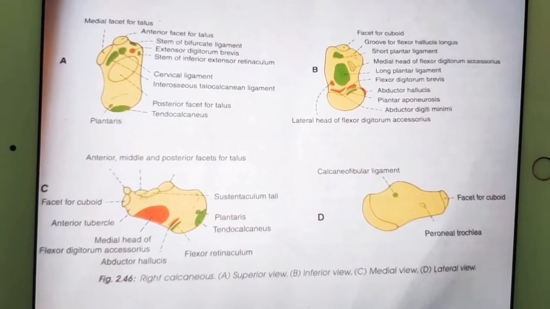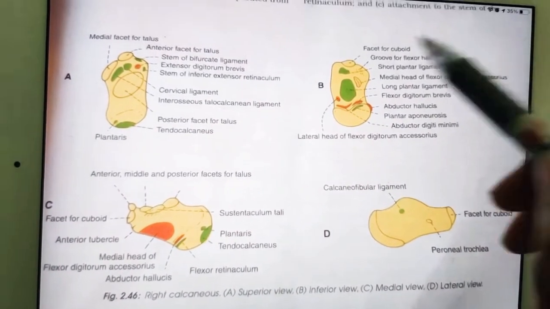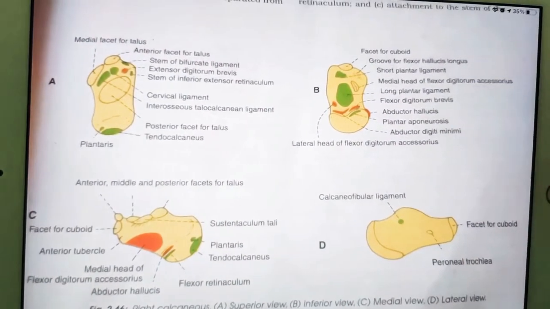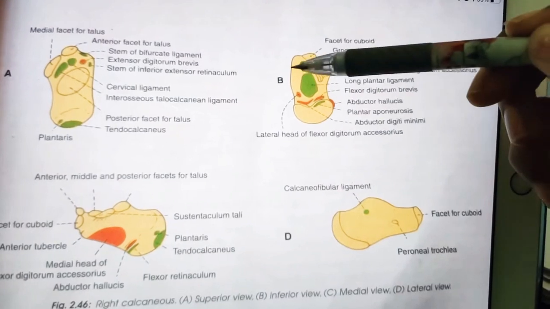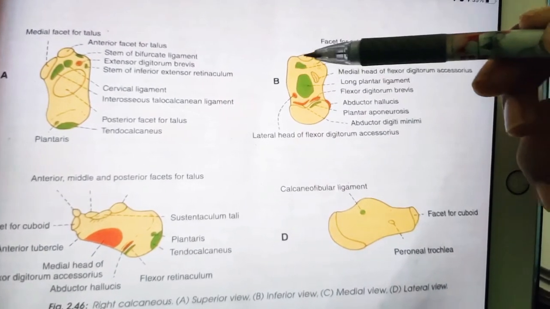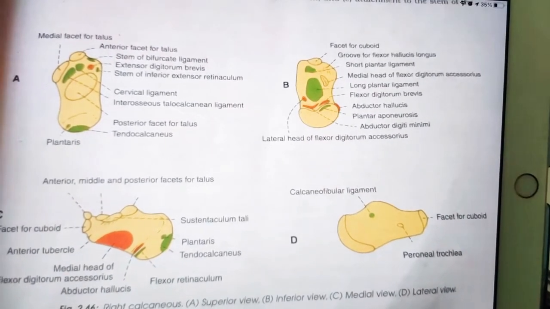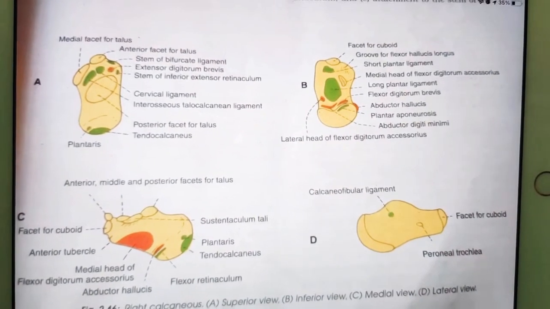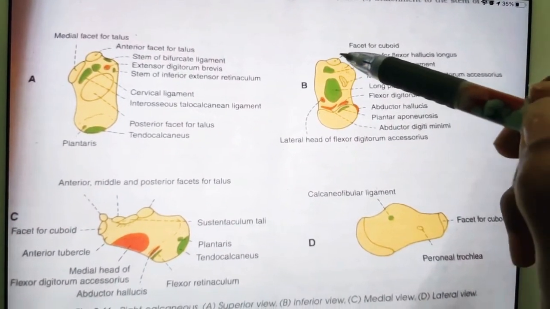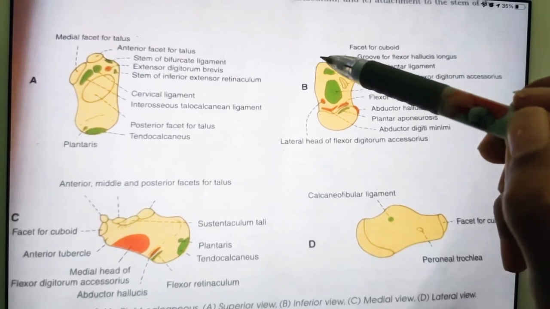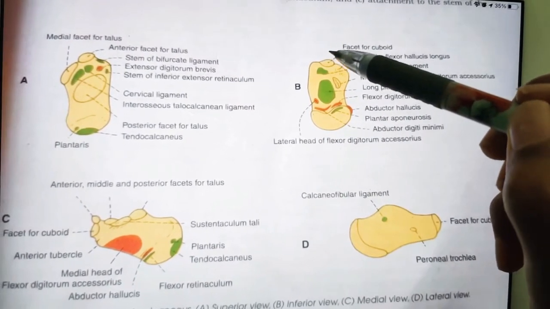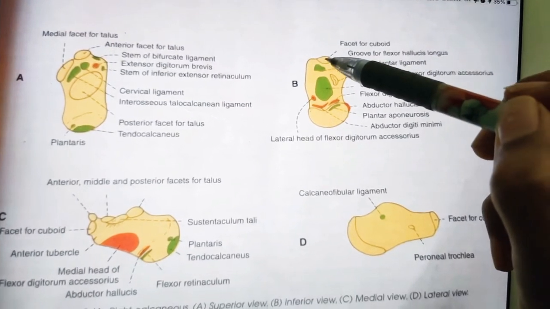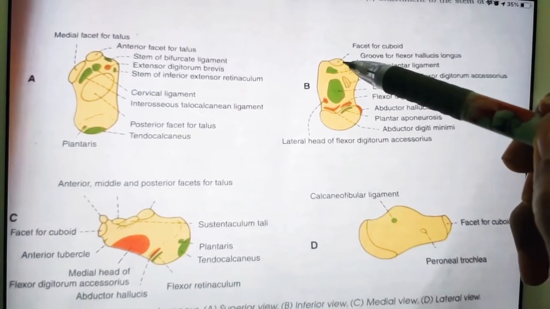Now let us understand the features of calcaneus. First we will discuss the anterior surface. Anterior means this side. Once again, let us see what the surfaces are. For example, this is the anterior surface, this is the posterior surface, this is the medial surface, this is the lateral surface, this is the dorsal surface, and downward will be the plantar surface. So a total of 6 surfaces. First, the anterior surface is the smaller surface of the bone, and it is mainly covered by a concavo-convex sloping articular surface for the cuboid. You can see it's mentioned facet for cuboid, this one. So this is the anterior surface.